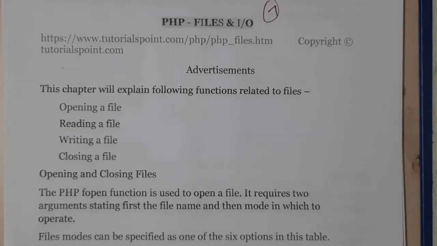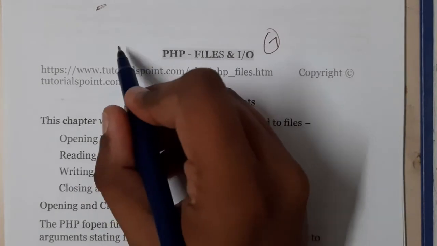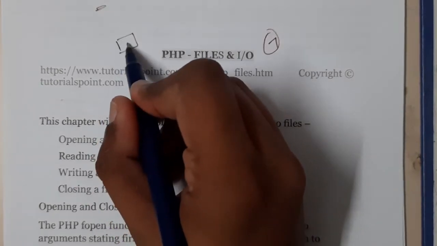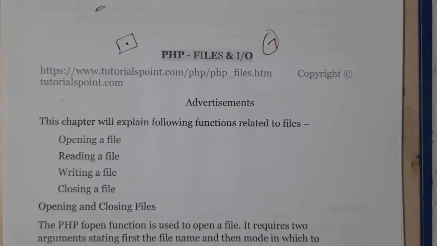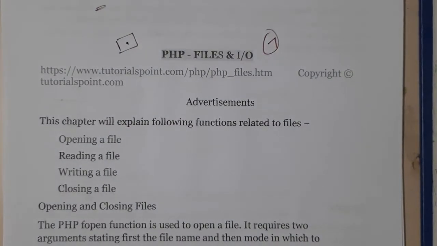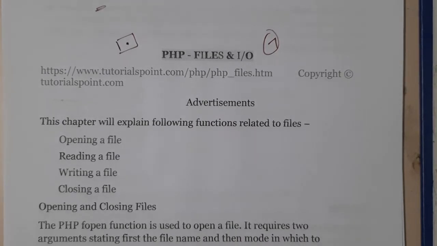So basically, everyone knows what a file is, right? Whenever you are creating something on your desktop, you right click and create a new document. That is nothing but a file, or anything which is other than a folder in your system is nothing but a file, in simple words. Here we will be doing some operations on the files, guys.